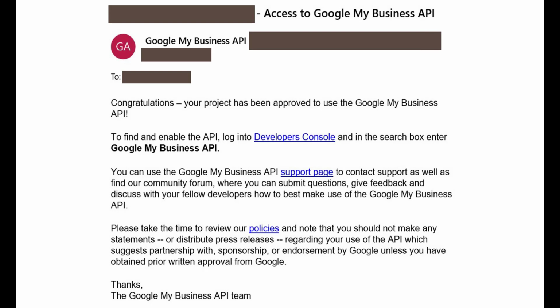After your mail, Google My Business API team will evaluate the complete application form details, and they will verify whether you satisfy their criteria or not.